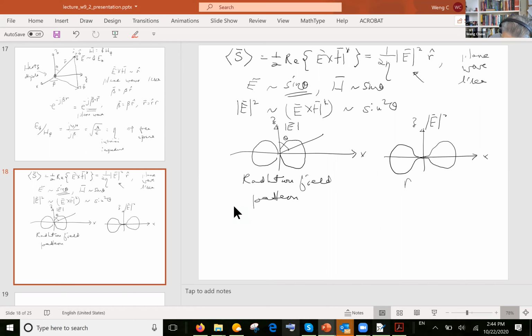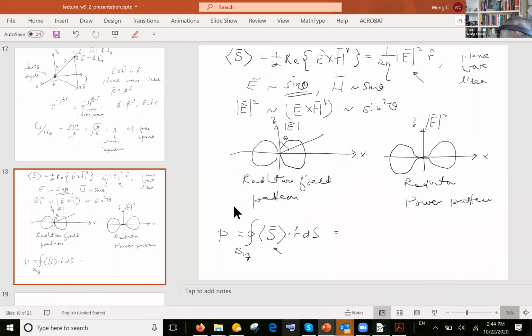This is called the radiation power pattern. You can work this out. It's going to be proportional to sine squared, and you can look at the power flowing out of the antenna, and then look at the total power. So you can take this time average power, take its component in the r hat direction, and integrate over a sphere, a sphere at infinity, and you can show that